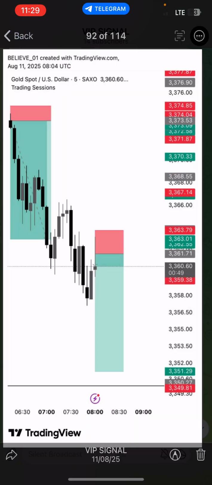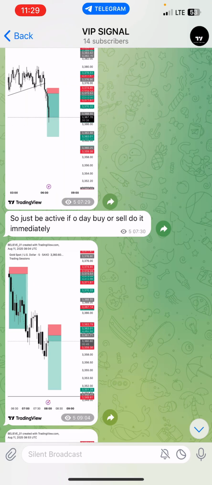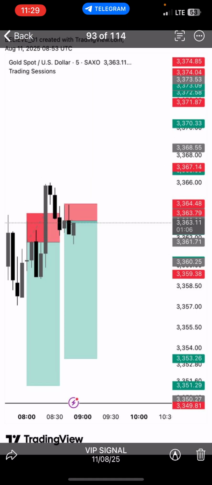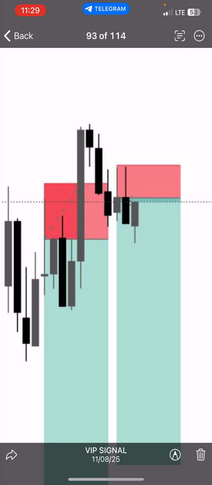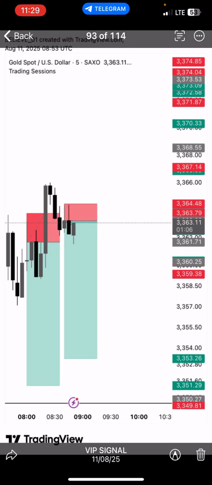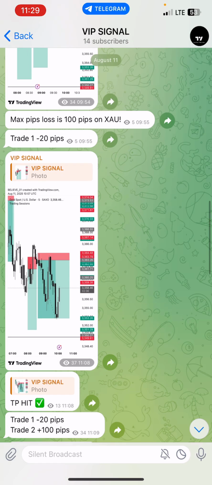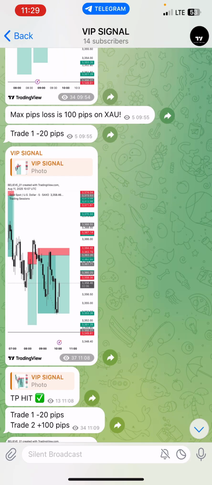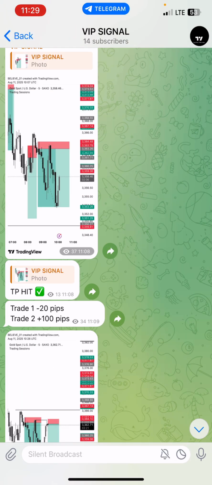This was the second trade on Monday. We entered. This hit stop loss. Yeah. That was my first stop loss of the week. Then this was the third trade. This was, I think it was like a 1 to 8 or 1 to 9. Then this hit take profit. That was like the second TP of the week.